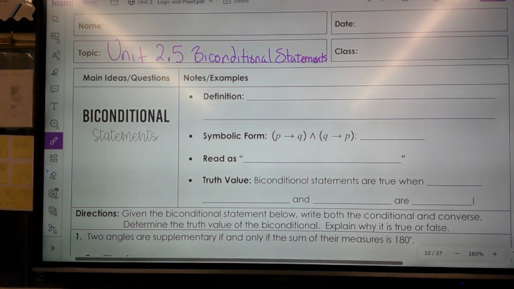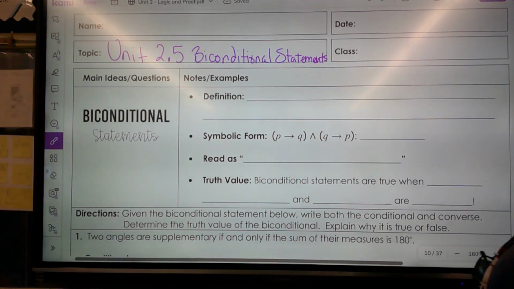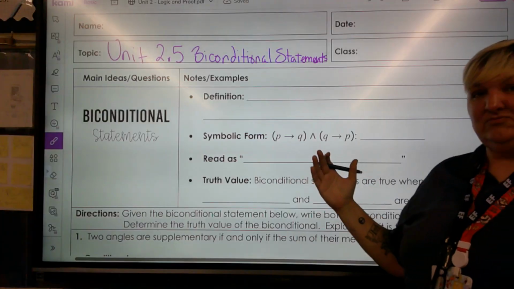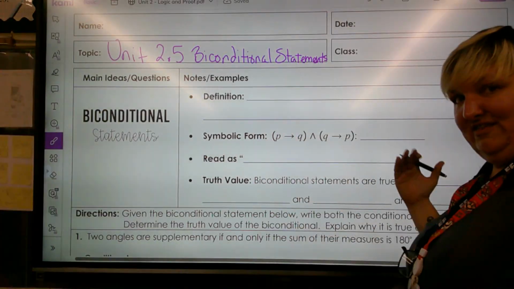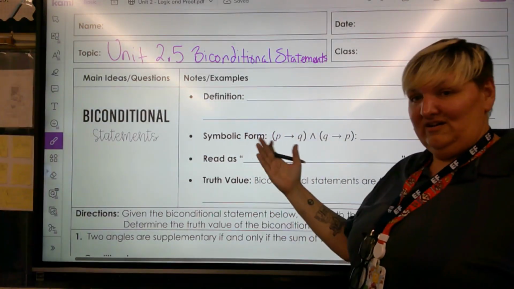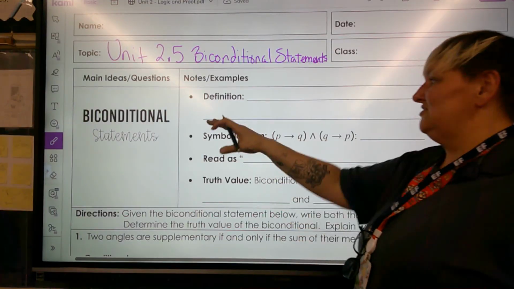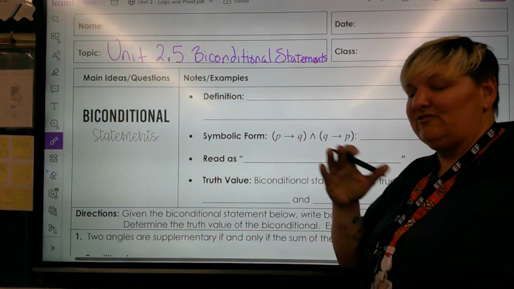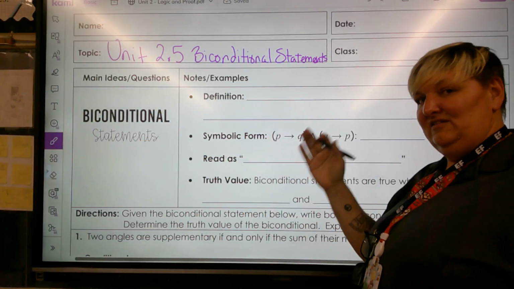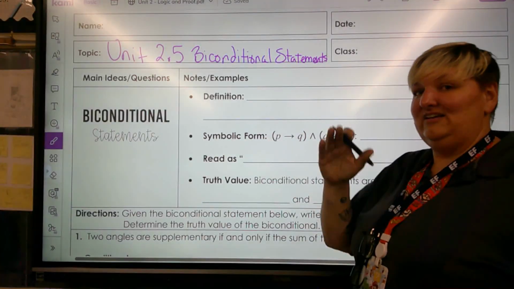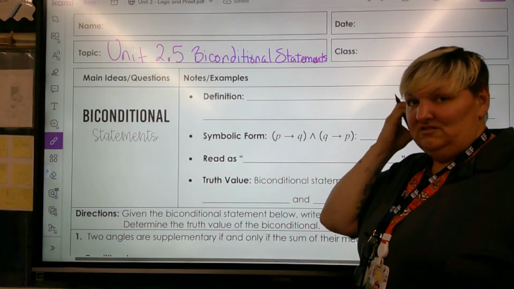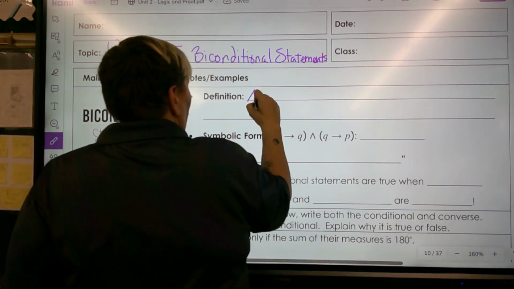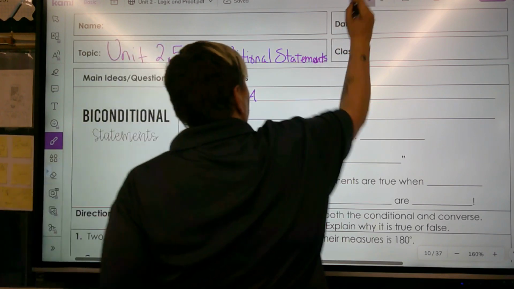All right, welcome to Unit 2.5, biconditional statements. We just learned about conditional statements, which are our if-then statements, our if-p-then-q statements. So biconditional is the next step. Biconditional means it's true in both directions. If p, then q, and if q, then p. So a conditional statement and its converse,